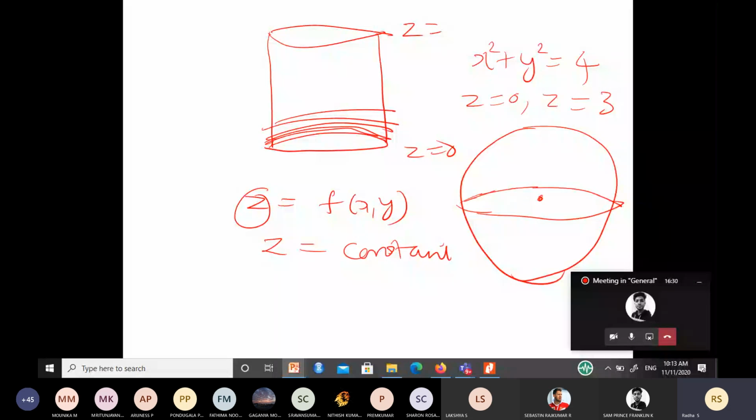Sorry, a lemon is just like a sphere, more or less. Not exactly. There may be some non-uniform portion somewhere, but it more or less looks like a sphere. Not everywhere. Okay. So if you cut a lemon anywhere, what is the thing you can see in the middle? Again a circle. So the level curve of a sphere is also a circle. Good.